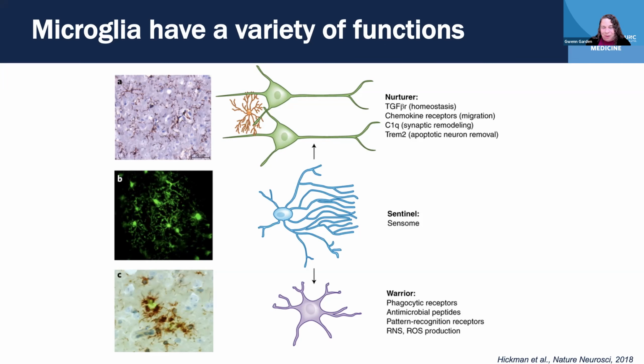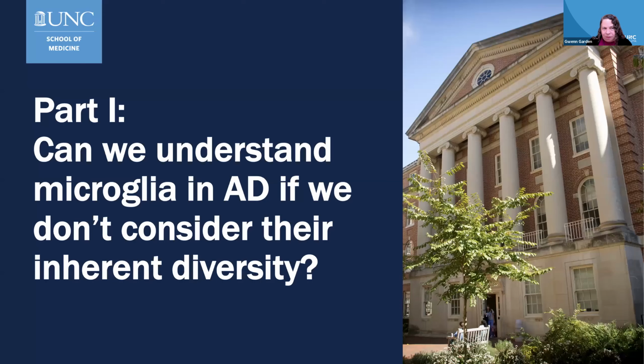It was just kind of an assumption. And more recent studies have suggested that it may not be the case that we have one type of microglia capable of all of these different states. There may actually be multiple different types of microglia, some of which are primed to do one type of function and some of which are primed to do a different type of function. So how do we understand the role of microglia in Alzheimer's disease if we don't understand all of that diversity of microglia states within the brain?